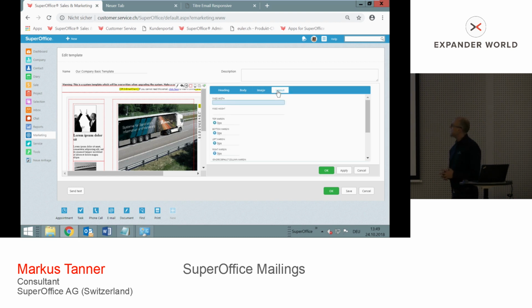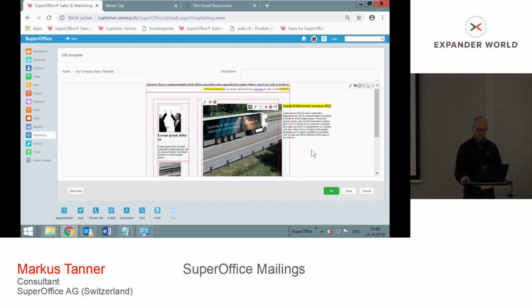Then you have the layout part. The layout part defines more the basic rules. And since we are just in a small part of the whole mailing, it's also maybe a good idea to define things like the margins for the whole mailing, right? You don't want to do it in every single part of the mailing. You want to do it once. So that's where, if I cancel it again,